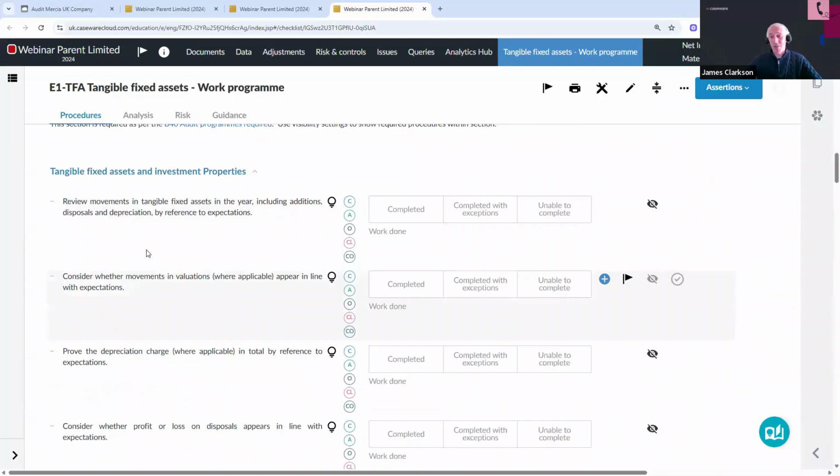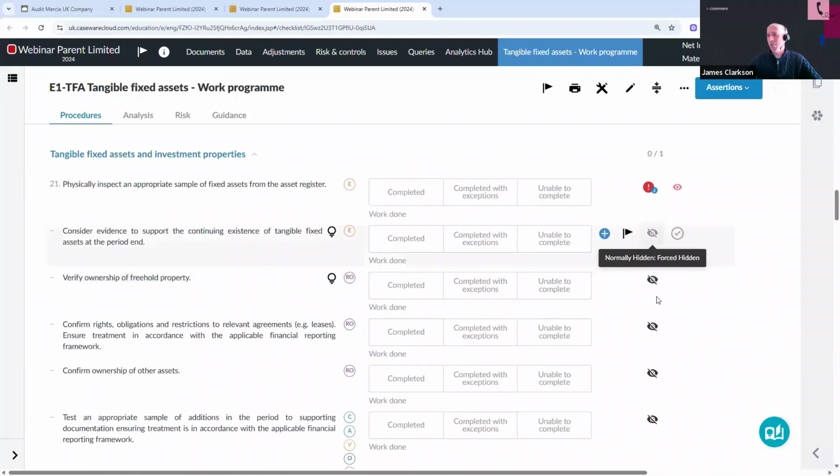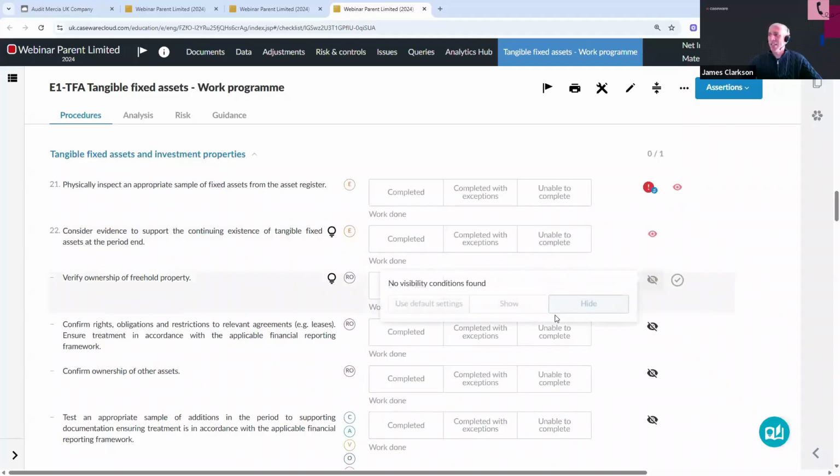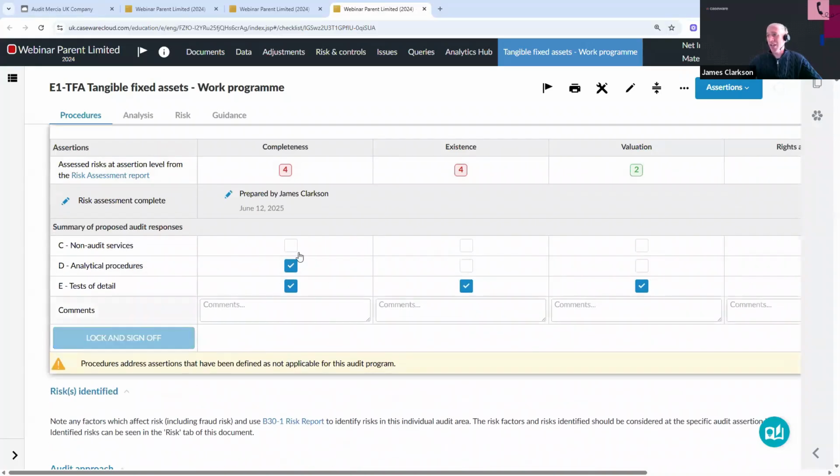And then to include any of these procedures, having reviewed what it is and the assertions covered off, I'll use the eyeball to show them in the work program. And I'd work down and I'd do the same for my test of detail. Once you've added in all the procedures you'd like to add, you'll come up to the top, check the table,